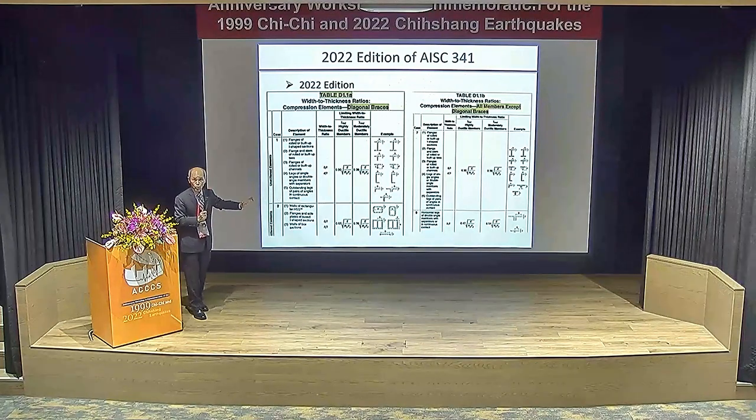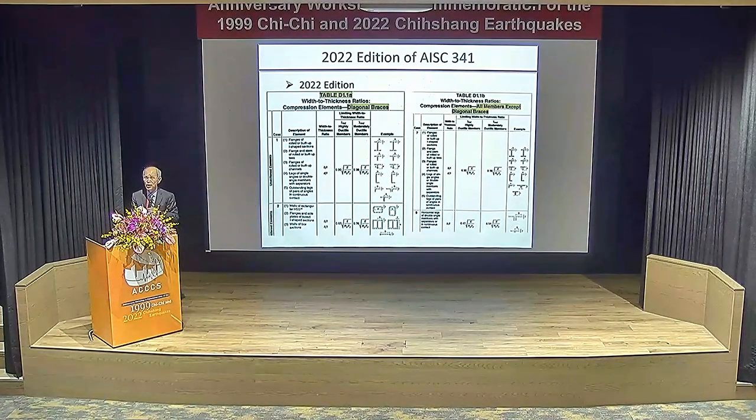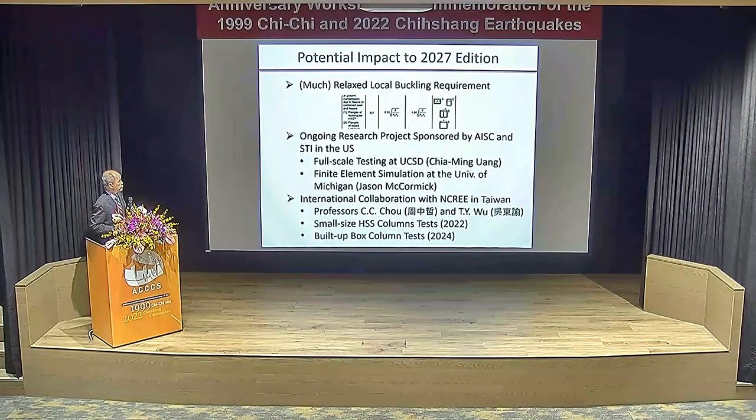Then there's another table. We keep the same limit for the time being, but the goal is in the next cycle, we want to relax it. Based on what we're seeing from the Japanese code, we believe that the b/t limit for the HSS column can be relaxed significantly, by at least 50%, if not more. Okay, that is the goal. So we would like to relax that requirement. That is the first bullet item. That is our goal, encouraged by the requirement in Japan, and Professor Cho also mentioned based on his testing of the